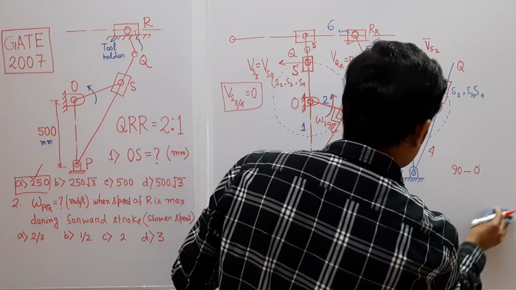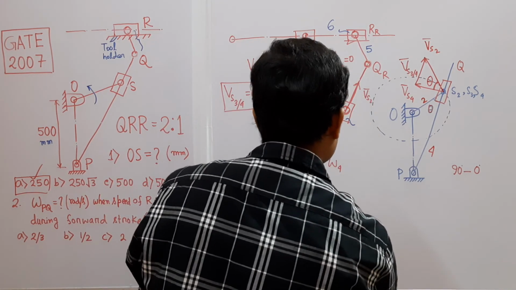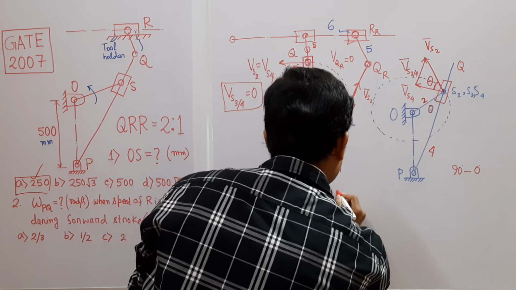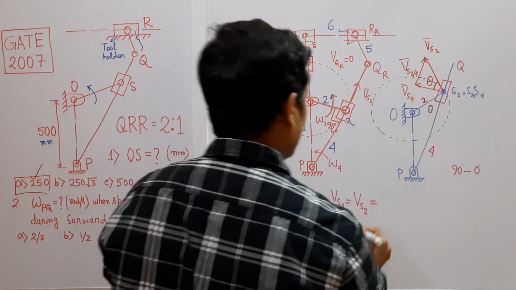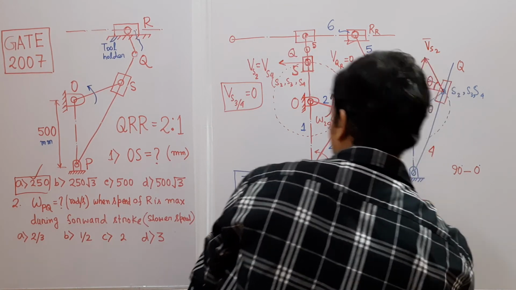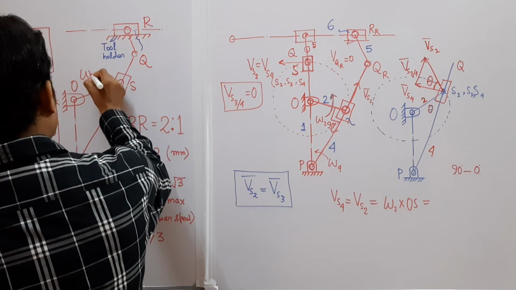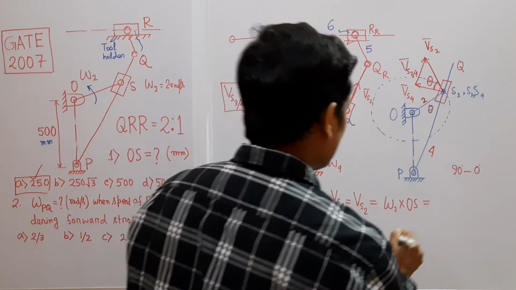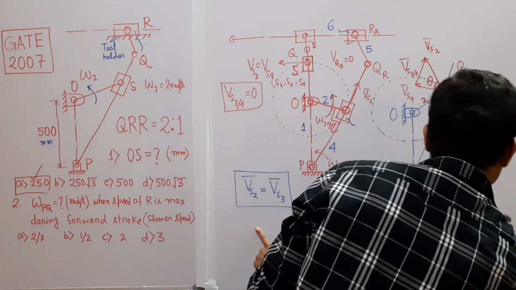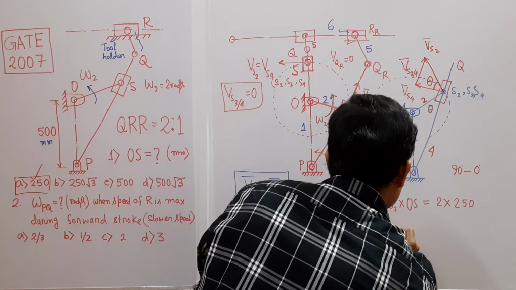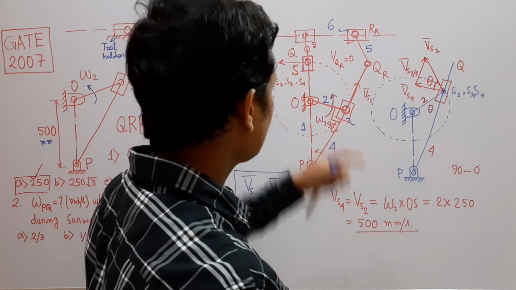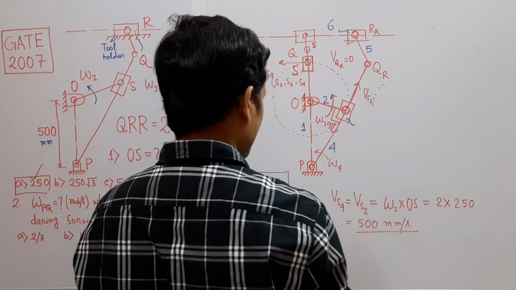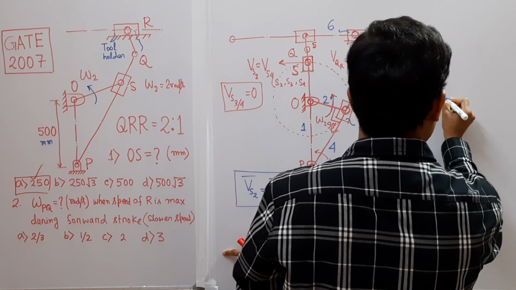So now Vs4, when this block attains maximum speed, that is the instant. So at this instant what is the value of Vs4? Vs4 is equal to Vs2, and that is omega 2 into OS. What is omega 2? Omega 2 is given in the problem as 2 radian per second. So 2 into OS, which we have determined as 250, that is 500 millimeter per second. So if Vs4 is 500, then at this instant what is the value of omega 4? Let us find out omega 4 now. So omega 4 is Vs4 by